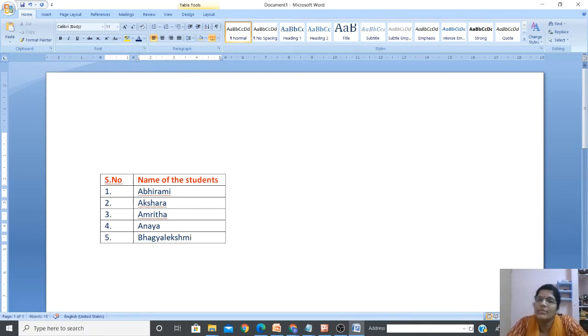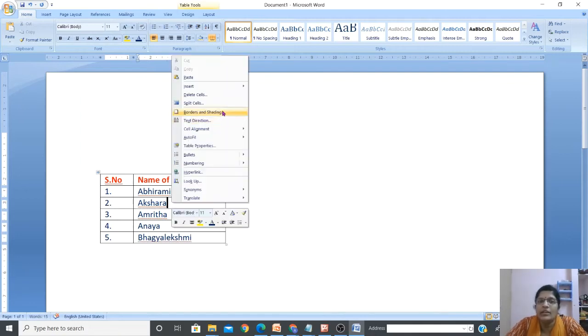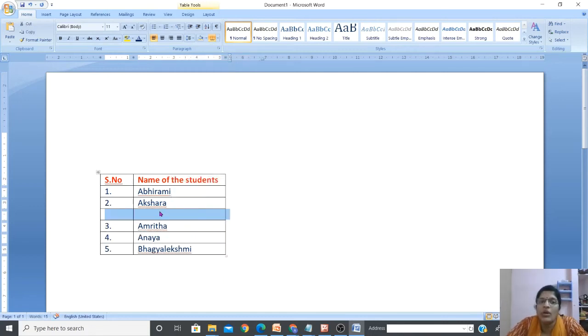So we have written. Similarly, if you want to add one more row, just right click, wherever you need. Say for example, I want to add a name after Akshara. So click here, right click, insert, insert below. I want to add it below. So see, below Akshara, I have got another row. So 3. I want to add Akshita. Okay, it's my daughter's name. I have added Akshita.